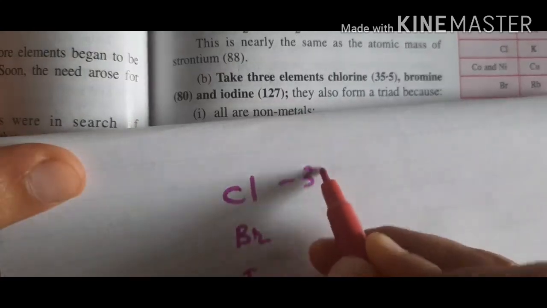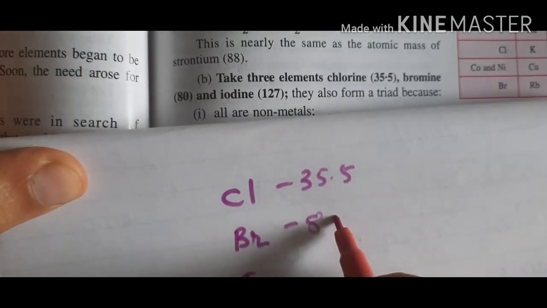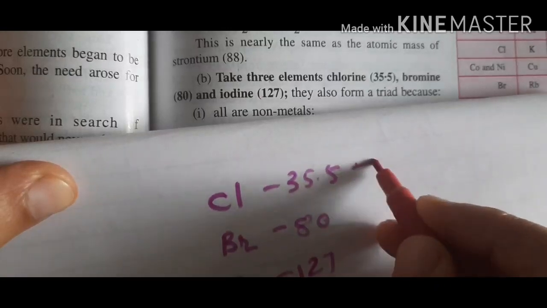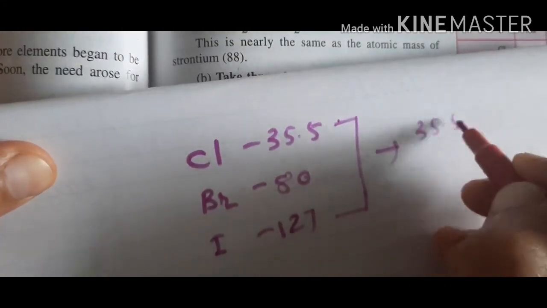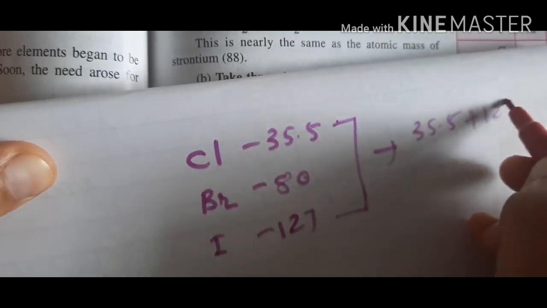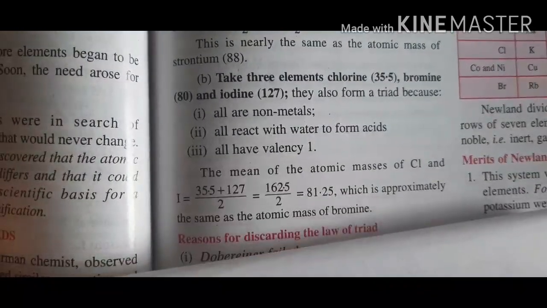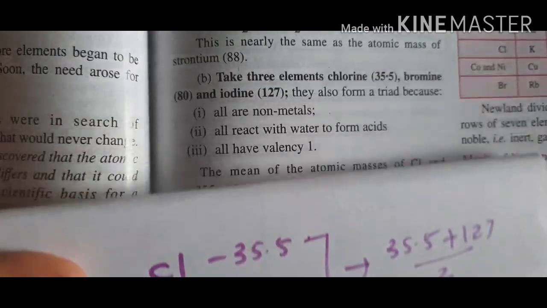So chlorine has 35.5, bromine has 80 and iodine 127. So the first and third elements' average: 35.5 plus 127 divided by 2, the average is almost 81.25, which is nearly